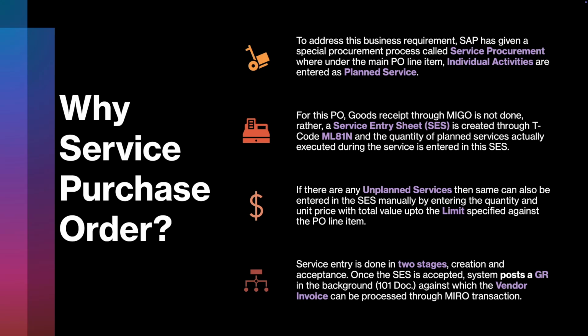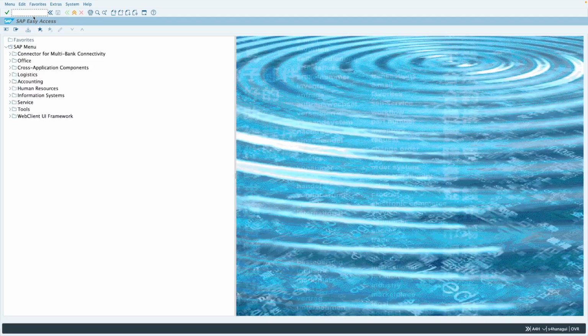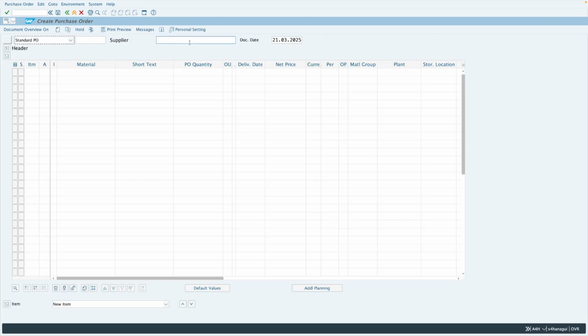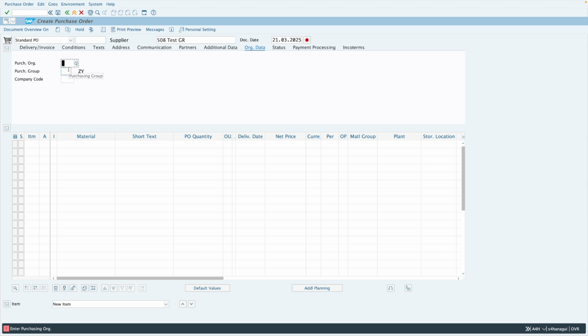So this is the whole process of a service purchase order. Okay, so now let's dive into SAP and see how we can do these activities. To create the service purchase order, we'll go to T code ME21N. Then we'll enter a supplier, then the purchase organization, purchase group,